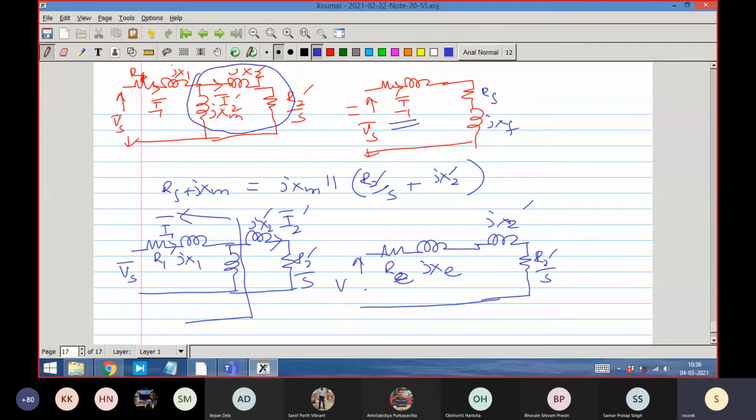This is what? This is VS Thevenin. That means the voltage that is seen here, after open circuiting, this is VS Thevenin. What is the equivalent? This is actually the Thevenin equivalent circuit. This is the Thevenin impedance. That means here we'll say that